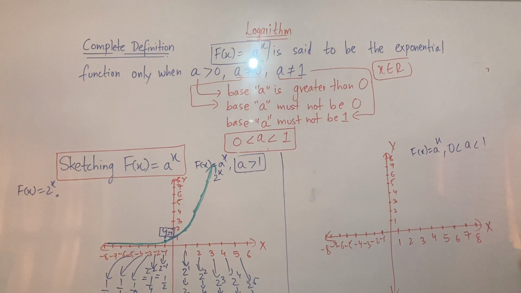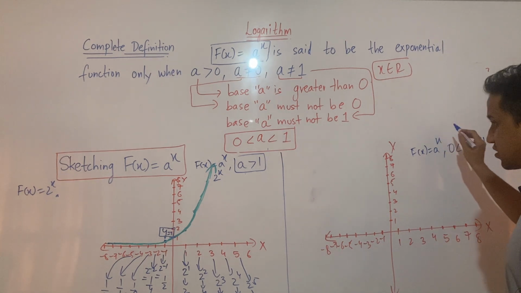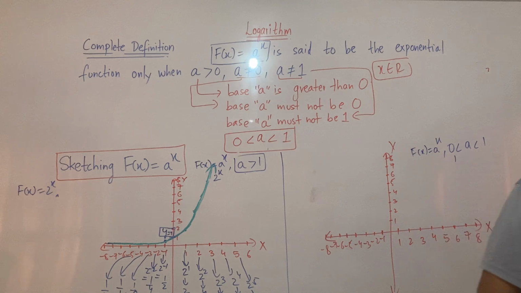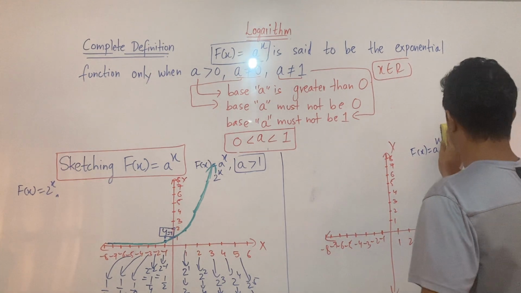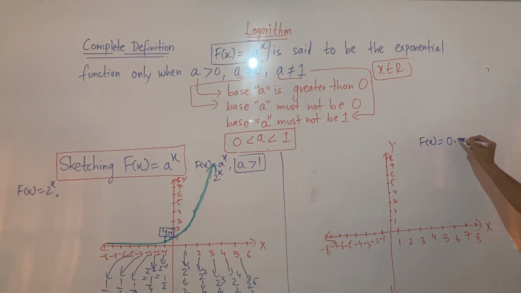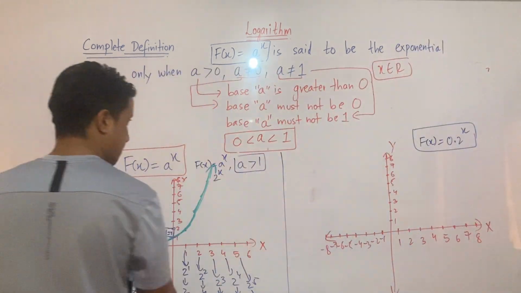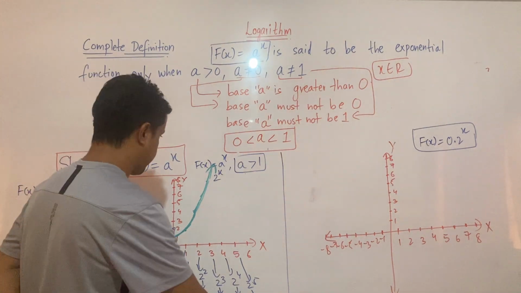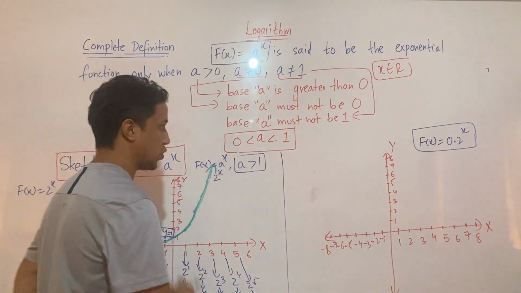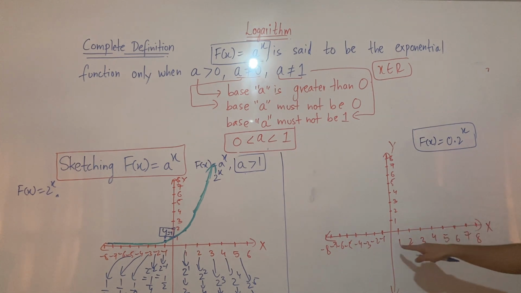Now come to this part. Let's draw the graph for f(x) equals 0.2^x. This is our exponential function. So here, this was for 2^x. Now what happened here is, let's start with